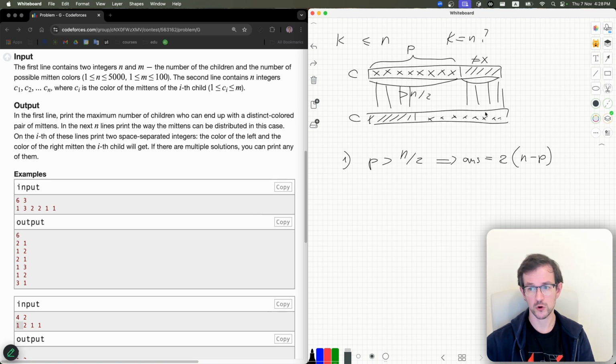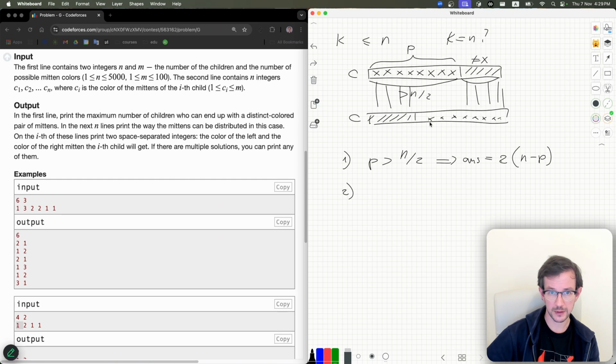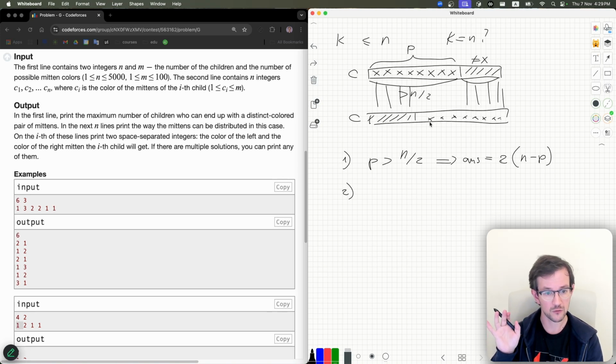You do it just by reversing the array. You take your array, reverse it, assign this to this, this to this, and you have the array. What if not? What if I don't have any element which occurs more than half of the array? So if I don't have any value which occurs more than n over 2 times,